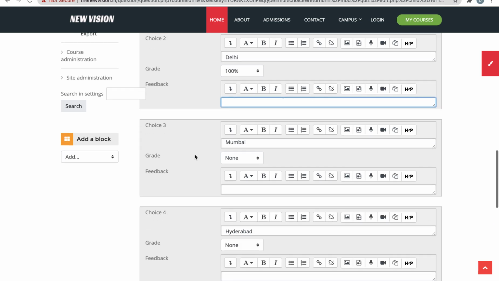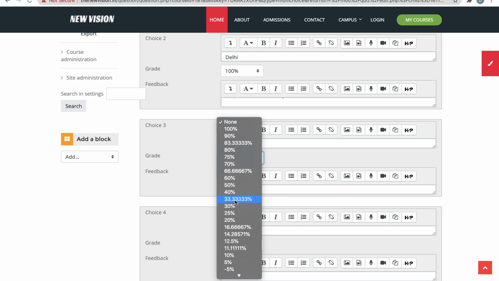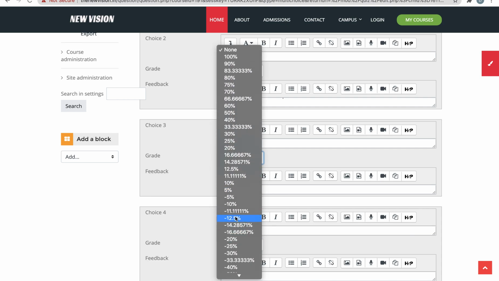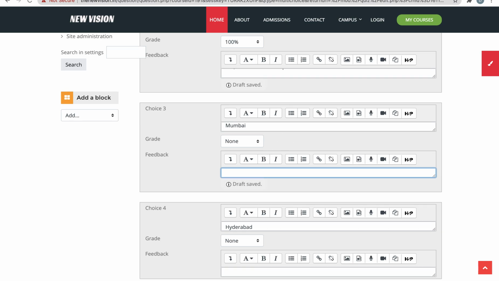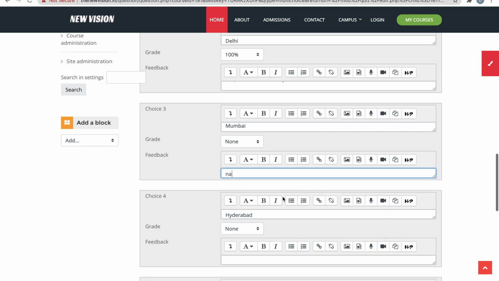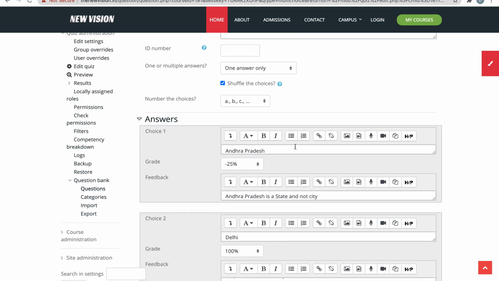Okay, I'm done. For choice 3, I can give minus 25 or 0 marks. 0% is none. So just for your demo, I'm making these random changes. No feedback I'm giving here. Hyderabad is also the same. If you want to add any images to any choices, you can add an image here,